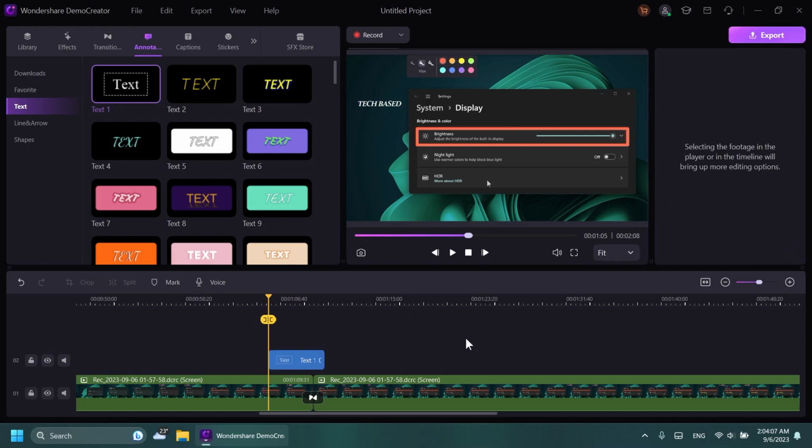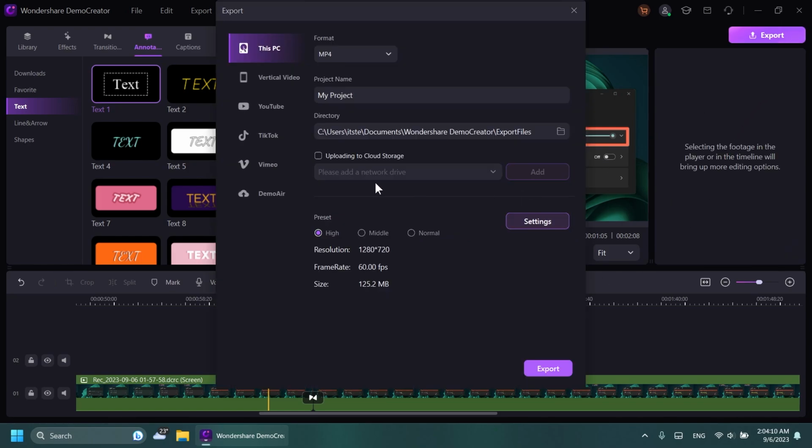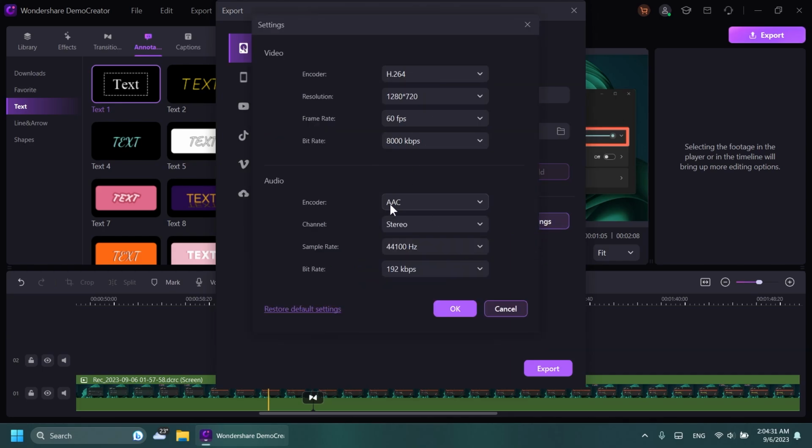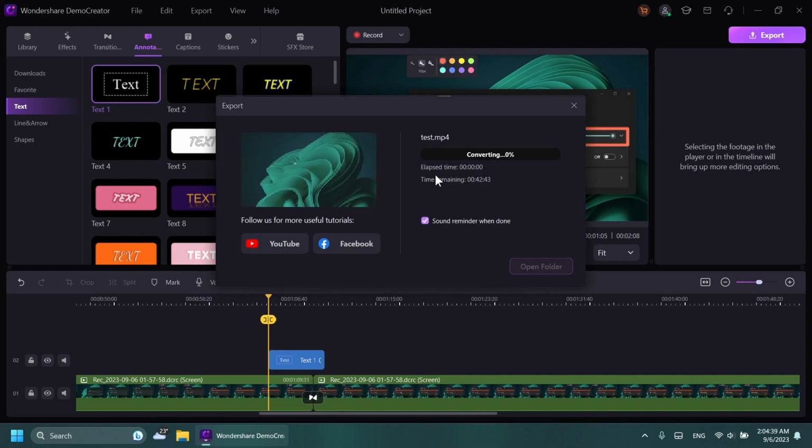After we've finished editing our video, we can click on export to save it, and here you're going to have some options to export it, and of course you're going to have also some pre-formatted settings for certain social media websites, but we're going to select the MP4 format. I'm going to name the project test, and then select the directory to desktop, the preset to high. We have here resolution, frame rate, and size. We also have additional settings that we can change related to video and audio. Then we can click on export, and our video will be exported pretty fast because we don't have a big